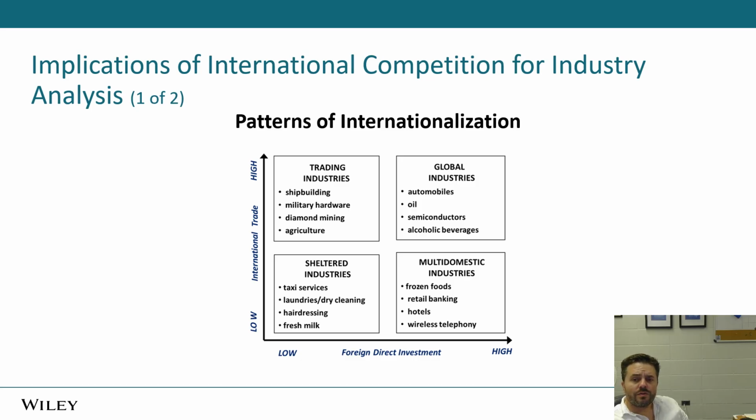When we move to our second quadrant, trading industries, these are things that are sold internationally. There's a high degree of international trade in these industries, but it's not done through FDI. And we'll look fully at different, what we call entry modes of foreign trade and internationalization, but at either extreme,